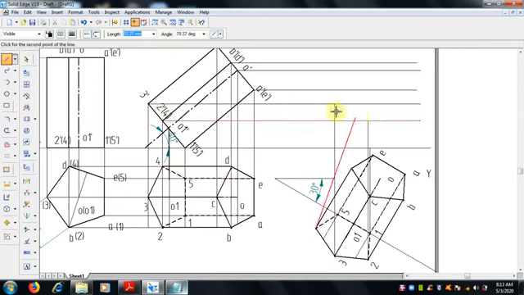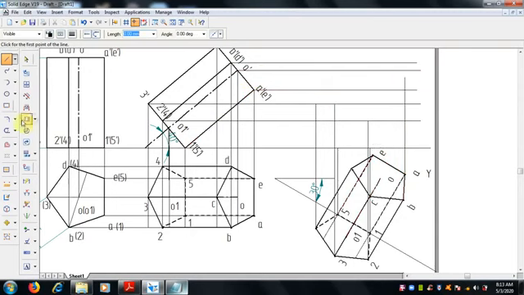You can get where it is getting intersected, and 5, this is 5. 1, 2, 3, 4.